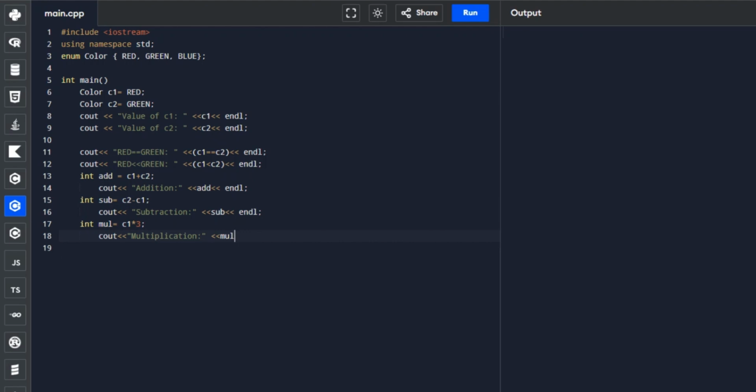Then the next operation is casting the enum, or enumeration, to integer. So let's try to cast.